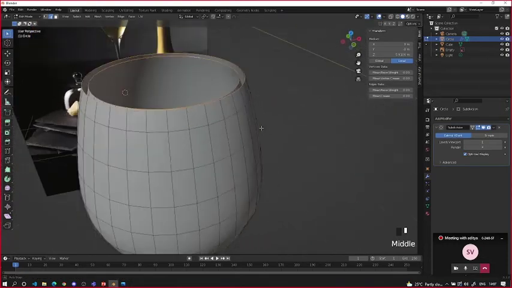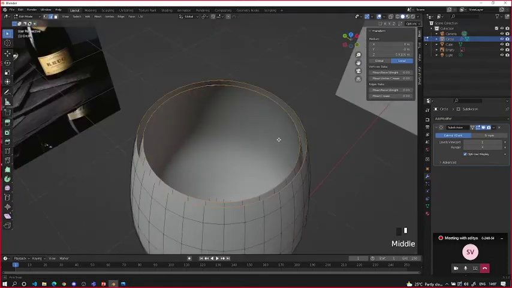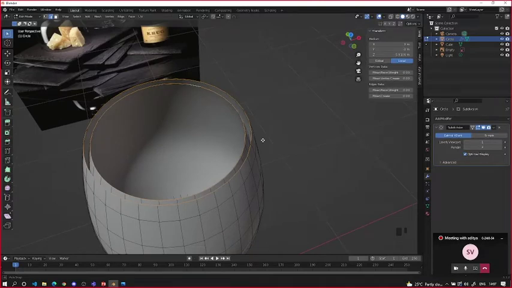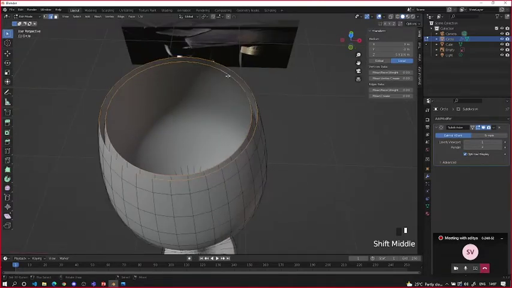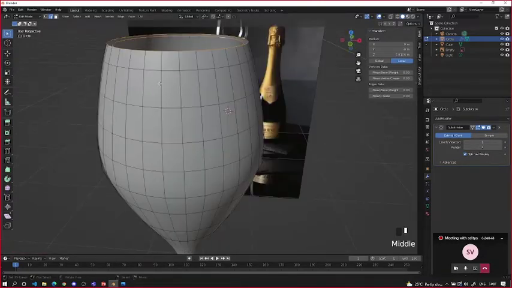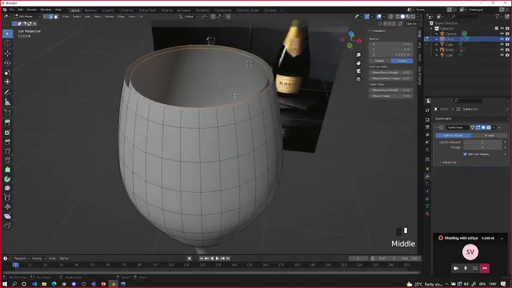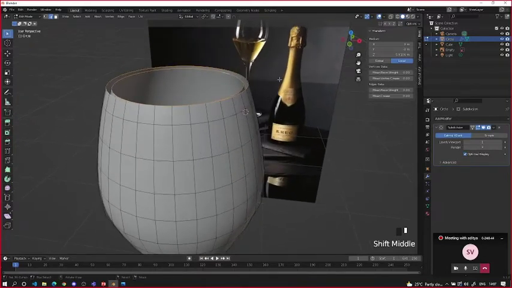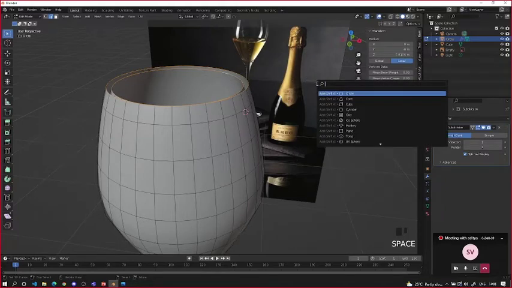We want to merge them so that we have a ring around here so that we have connected geometry. So how do we do that? To do that, we just bring up the search dialog box by pressing space anywhere on the screen, and then we select